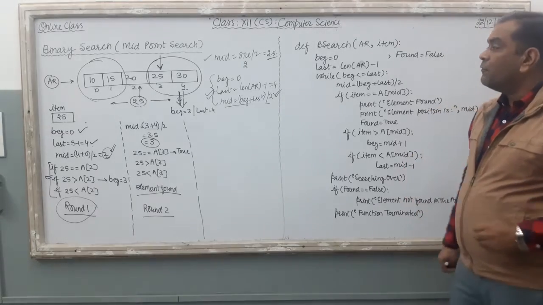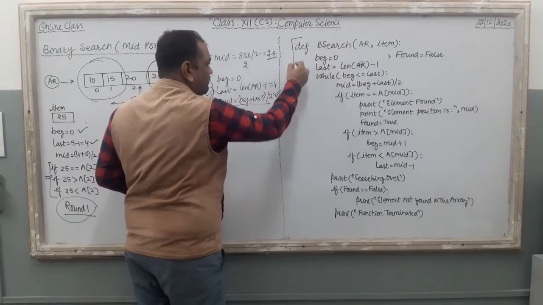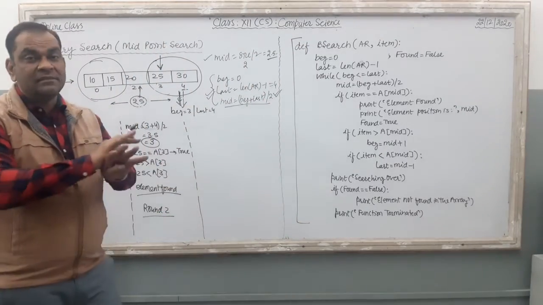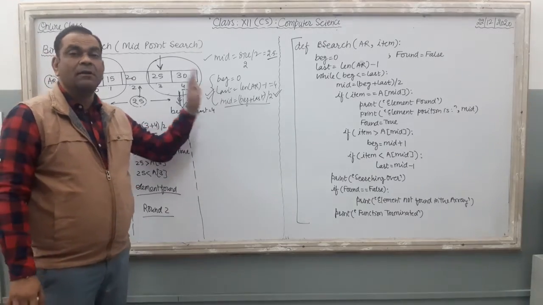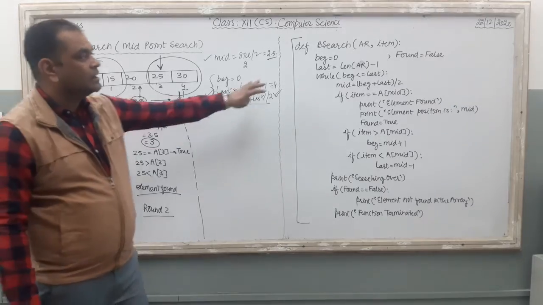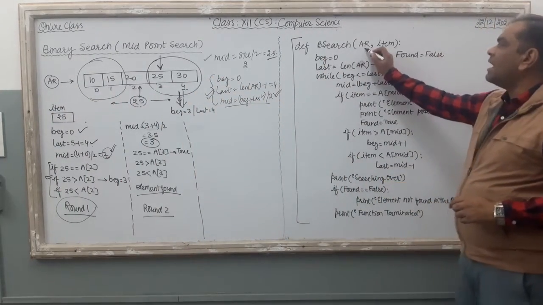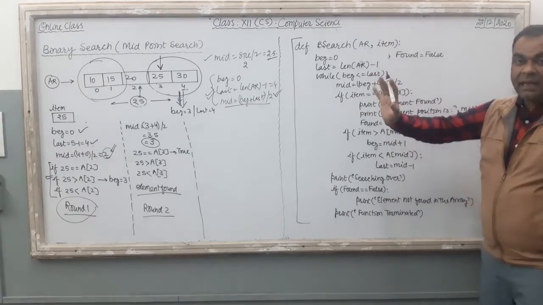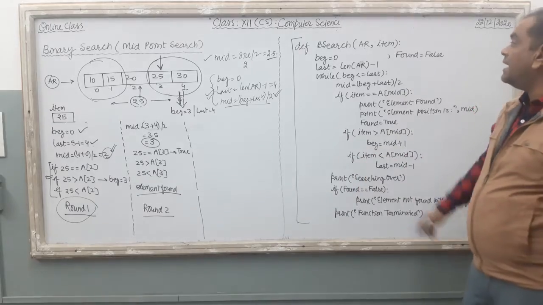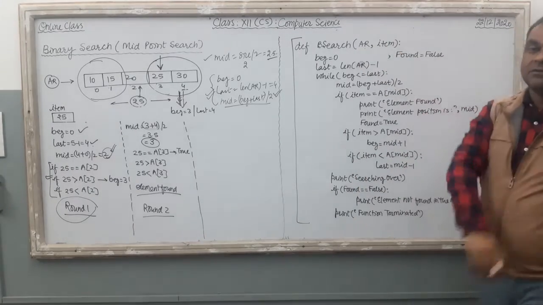Clear? So now if you want to see what is there in the function, what is there in the program, here I just wrote the function only. The remaining main program is the same as in the previous video lecture, the previous linear search lecture. Right? Now what is there in the binary search? B search is the function name, then AR is our entire array with elements, item is the specific value that we want to search inside the array. So these two are the input parameters, input arguments of the function.